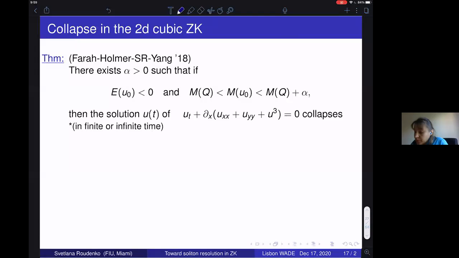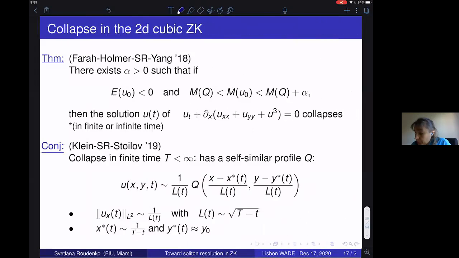And again, the theory, since it's basically a lot of perturbation, we only show for the mass which is slightly above the mass of the soliton. However, numerically, we can take all kinds of initial data, and what we see is that indeed there is a profile Q which shows up, the soliton profile, right? So it's traveling.